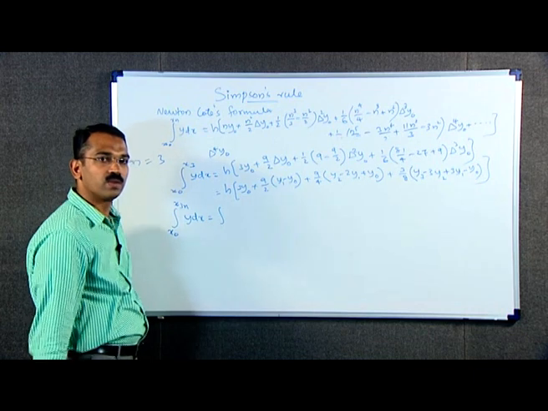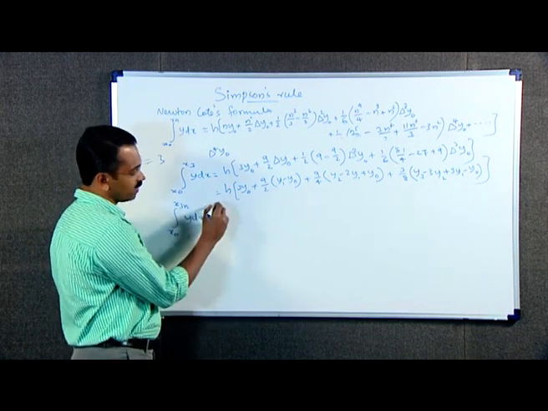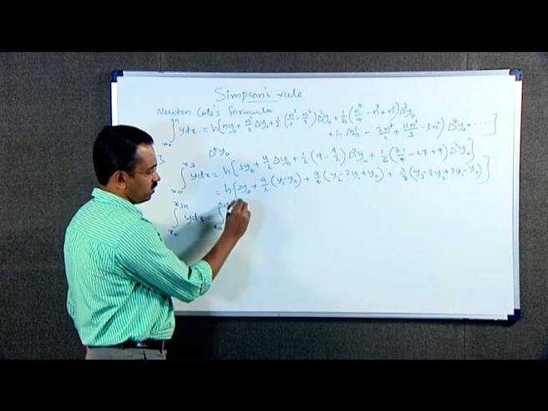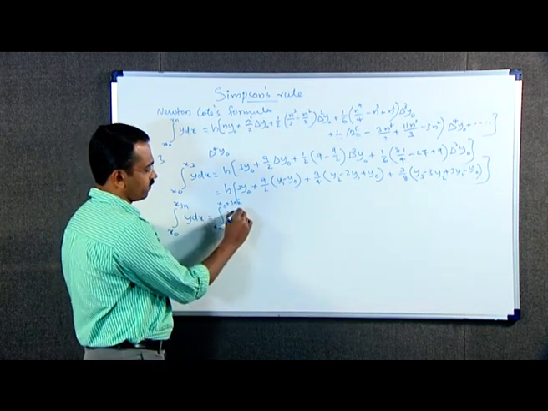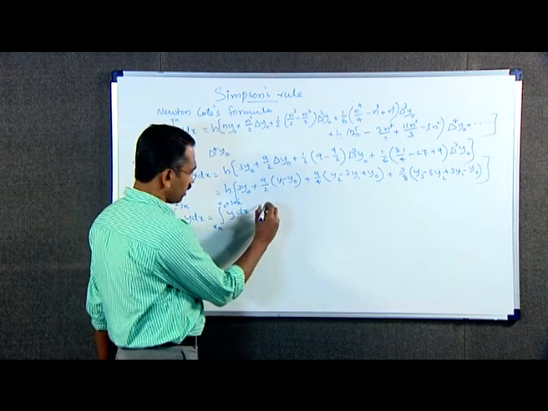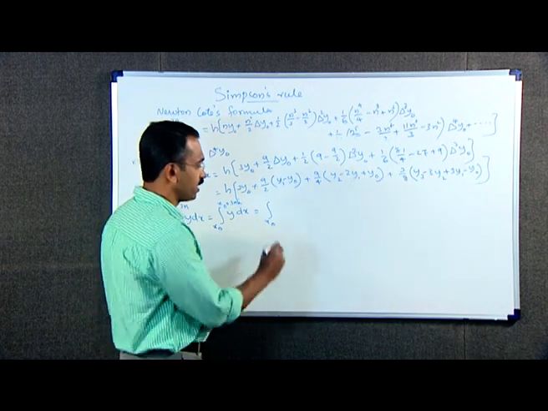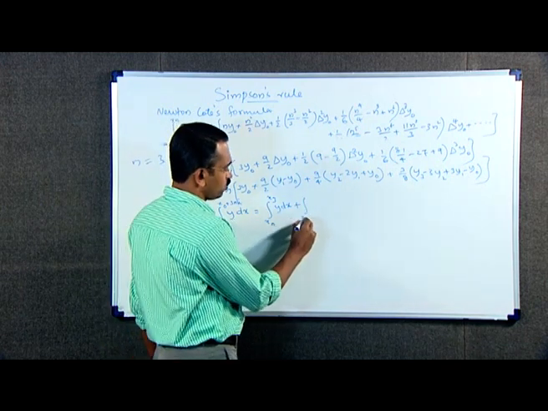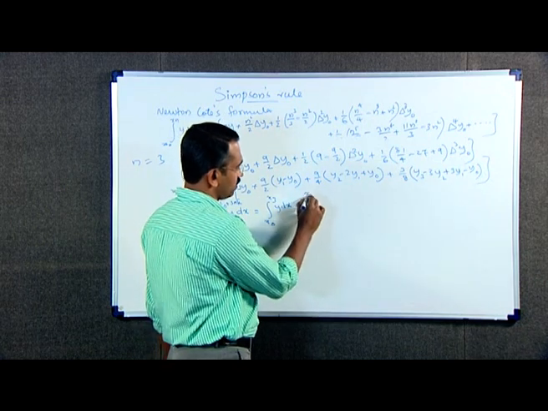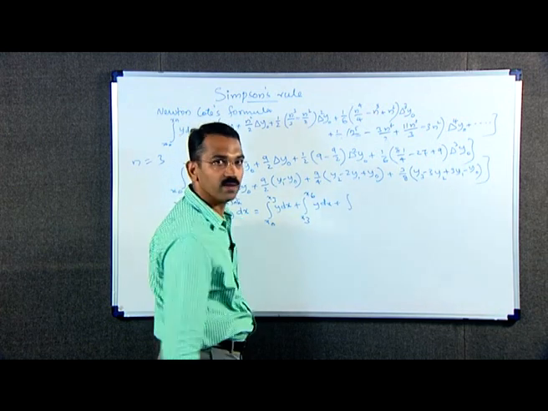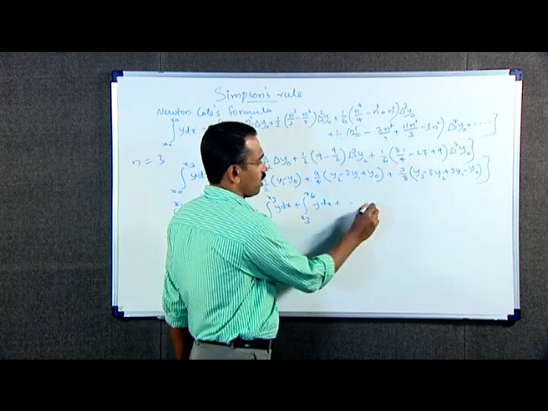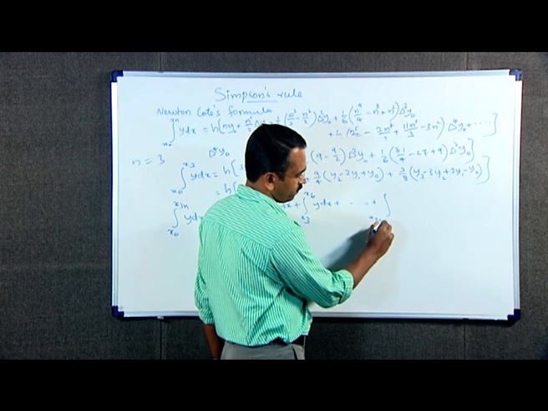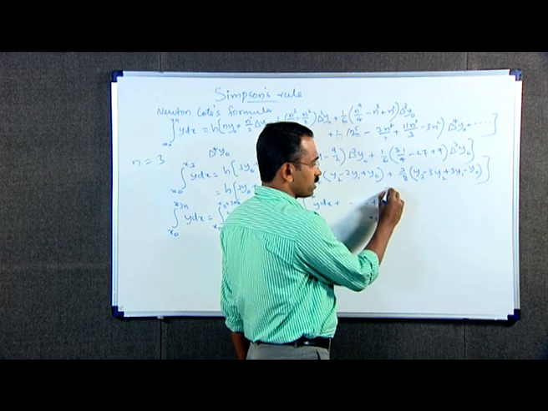The integral from x naught to x3n can be written as from x naught to x naught plus 3nh of y dx, which is equal to the integral from x naught to x3 of y dx plus the integral from x3 to x6 of y dx, plus etc., in general plus the integral from x3n minus 3 to x3n of y dx,